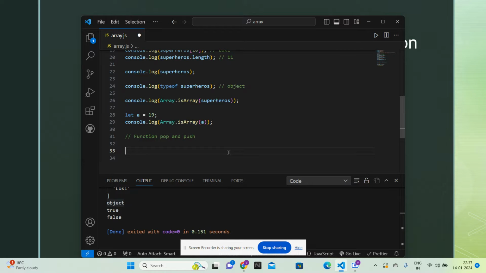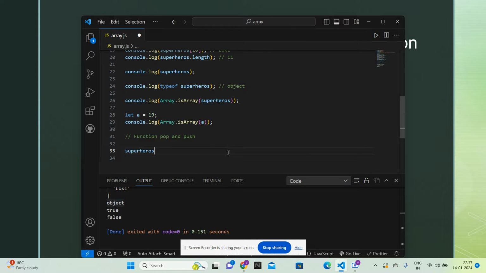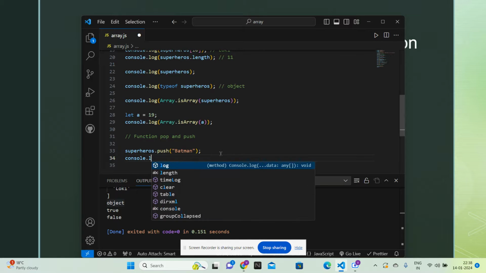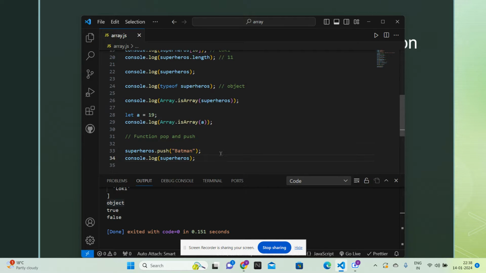If you want to add something to your existing array, for example, we already have an array of length 11, you use a method called push, say you write push Batman. This will push an item at the end. So if I again print console.log superheroes, you should see,